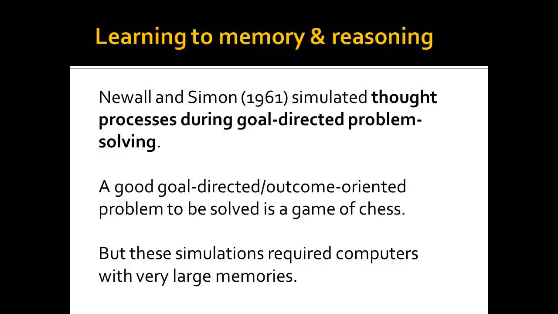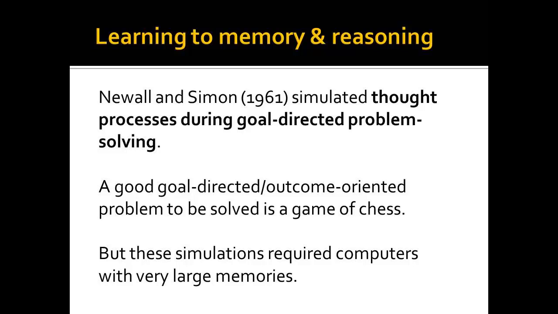Now, like I mentioned throughout my videos regularly, cognitive psychology is about knowledge and information being represented in the mind in order to reach some outcome through our behavior. So simulating problem solving is an excellent way to simulate higher order cognition, like the kind of cognition seen in humans. So what kind of problem solving did they simulate? Well, they programmed computers to play chess. Chess is a difficult game that requires a lot of reasoning. And when playing chess, we of course reason to reach the outcome of winning the game.